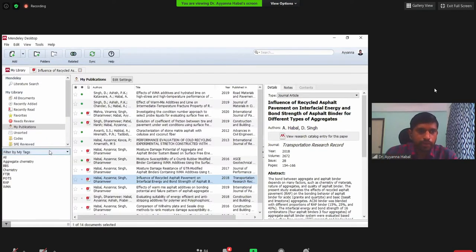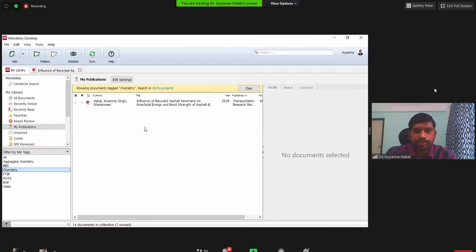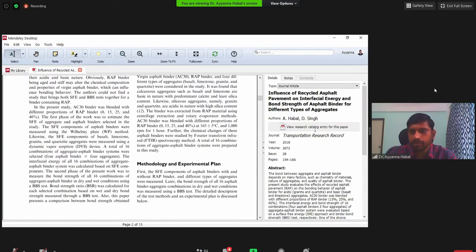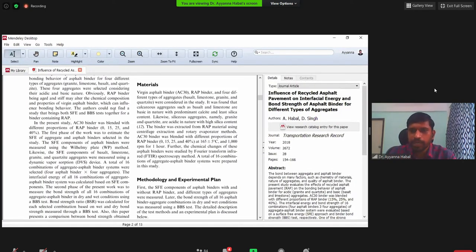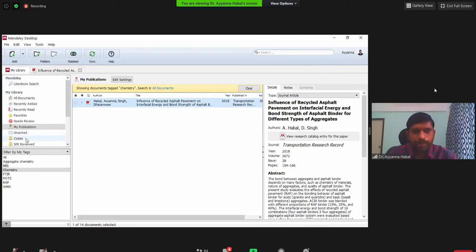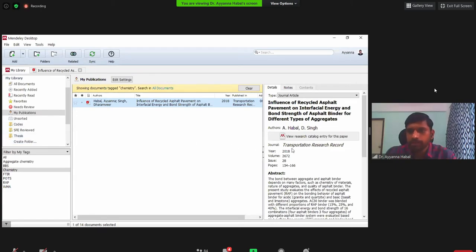And when you go to here, my tags or authors, here you can see all these keywords. If I select chemistry, see, you can see the paper. Easily it can be referred back. So that way it is useful. One more way is people may sort through folders, but I found it is a bit more difficult. For example, for the same keyword, it may fall into two folders. Having a replicate copy is not good. Instead of that, better we can have tags.